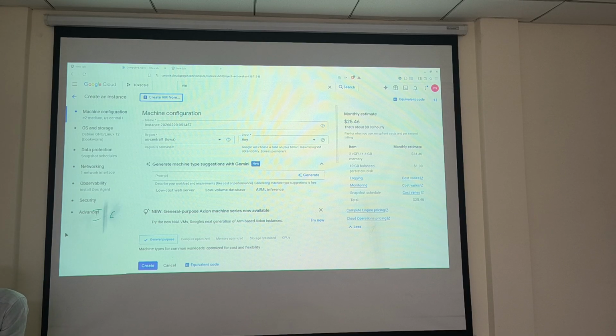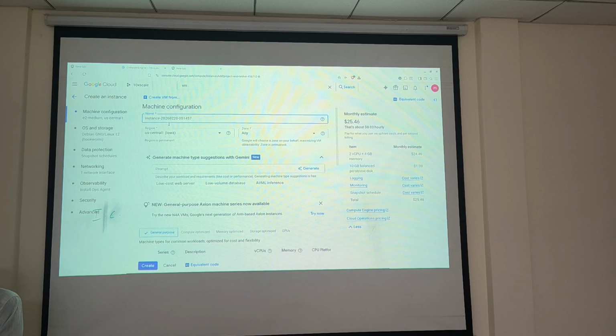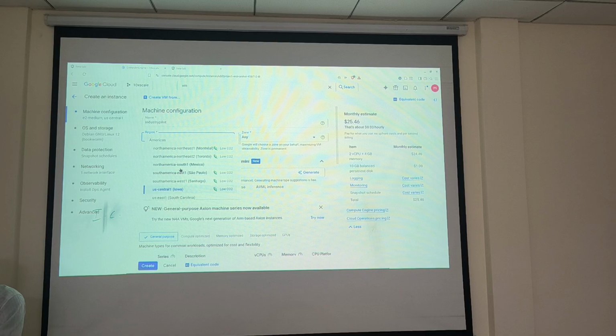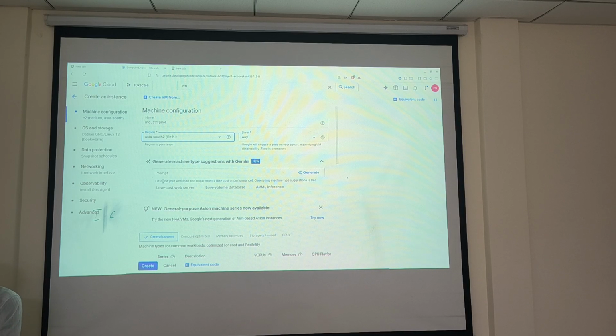Yeah, is it visible? So actually I am doing this in GCP, okay. This is the virtual machine configuration, which I already showed you guys. This is the name of your virtual machine. We initially built the key pair, right? So it's already available here. You can choose the region you want. Am I going to deploy in the US or Europe, or Asia? Asia comes under our region. I can deploy in Delhi or Mumbai. Which one is nearest to me? I can choose Delhi.